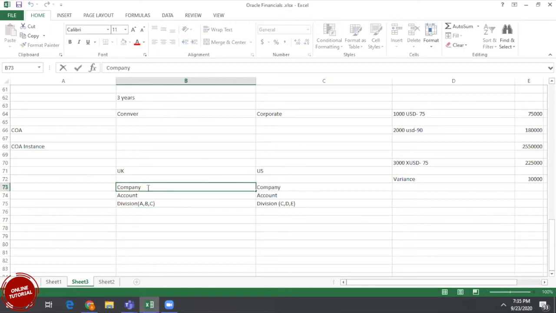For example, here we need to assign the company value set. I'm saying this a little advanced because you know many things; otherwise, if you didn't know anything, I'd explain in a different way. So, value set, account value set.